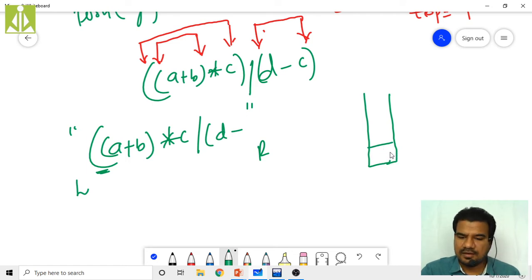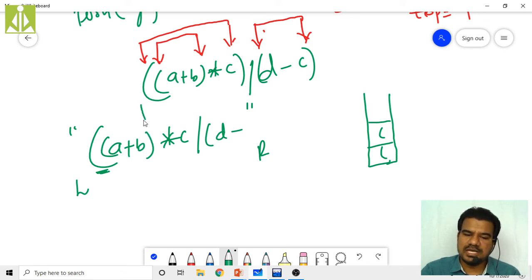So here the opening bracket we have like this. Then we have another opening bracket, so that also gets pushed onto the stack. Then it will ignore all the operators and operands. It will not consider them. So it will ignore A, it will ignore the operator plus, it will ignore B. Then what do we have? We have a closing bracket, isn't it?